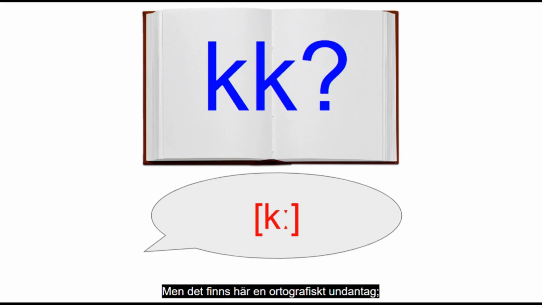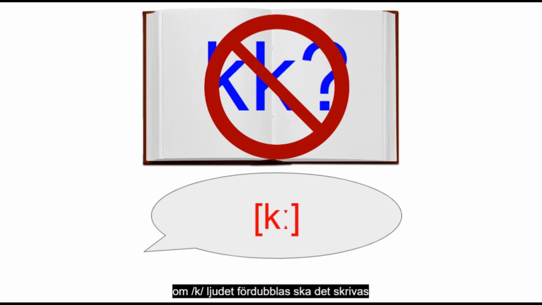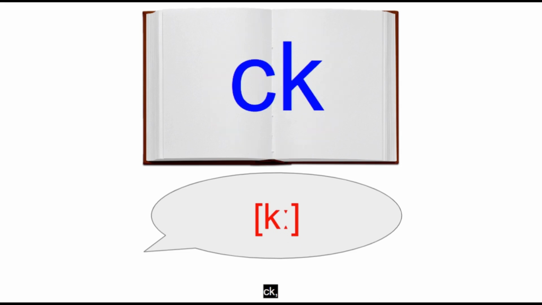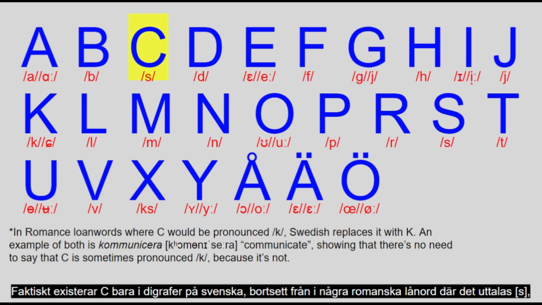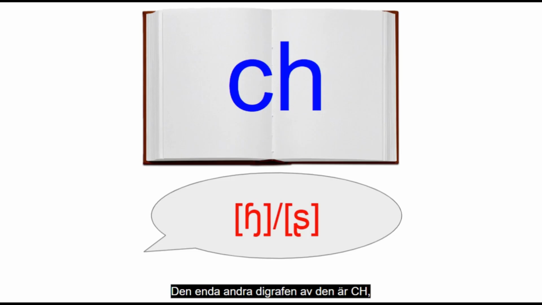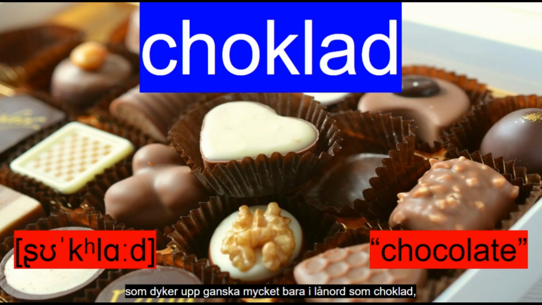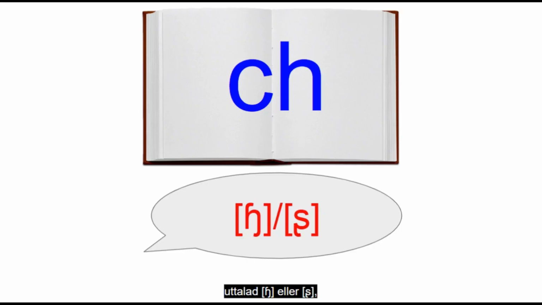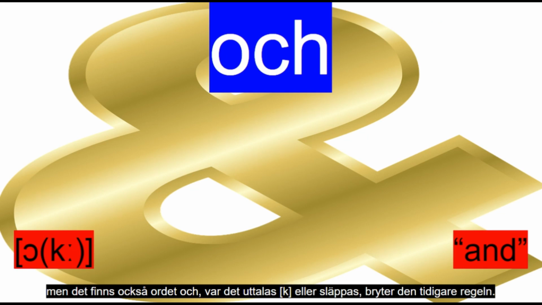There is an orthographic exception here though. If the k sound gets geminated, then it'll be written ck, like in nickel. In fact, c only exists in digraphs in Swedish, except for in some Romance loanwords where it's pronounced s, like in centrum. The only other digraph of it is ch, which appears pretty much just in loanwords like choklad, where it's pronounced ch or sh, but there's also the word for and, ok, where it's either pronounced k or dropped,